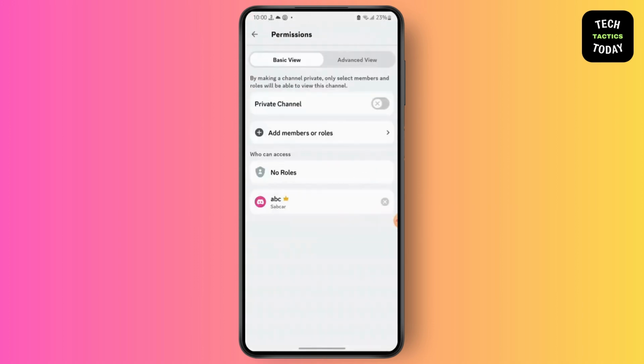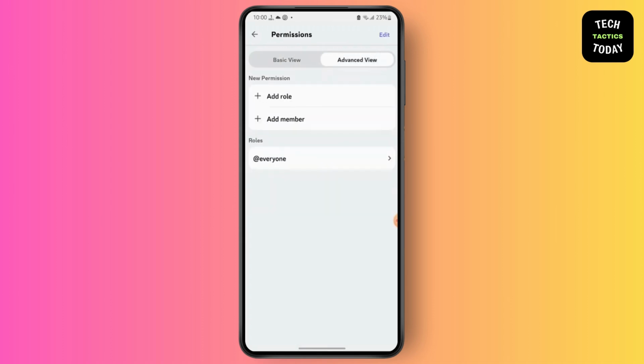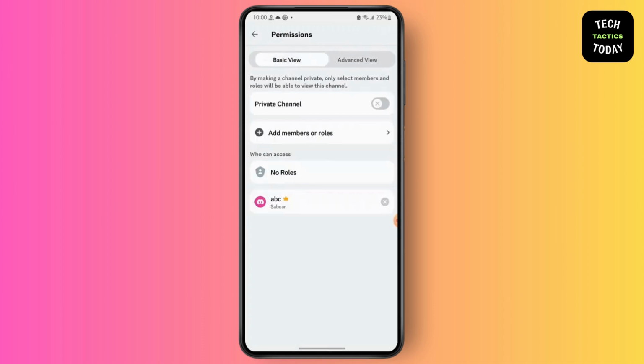Go to channel permissions, then go to advanced view and then provide all the permissions. After that,